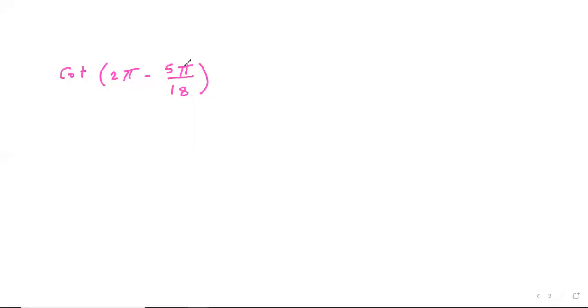Cotangent of 2 pi minus 5 pi over 18. 2 pi is 360, and 5 pi over 18, it's 5 multiplied by 180 divided by 18. Okay. Sorry, it's 5 pi over 12. So 5 times 180 divided by 12, it will be 75. So we'll write it as cotangent